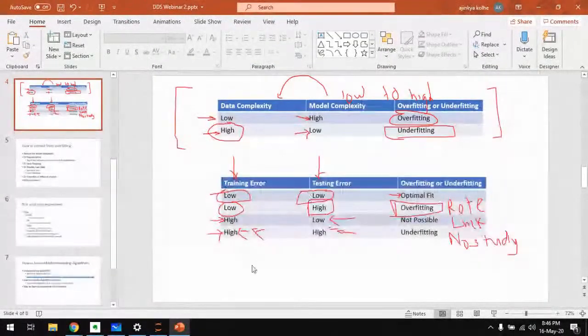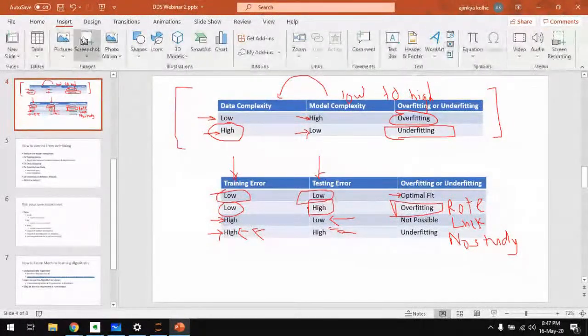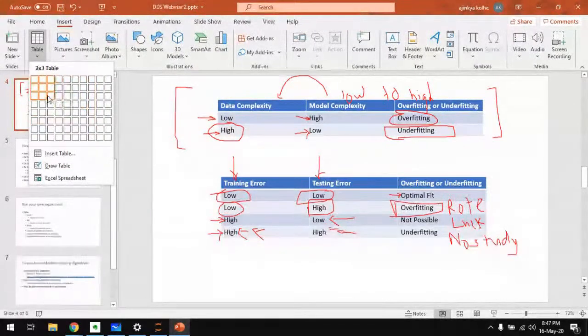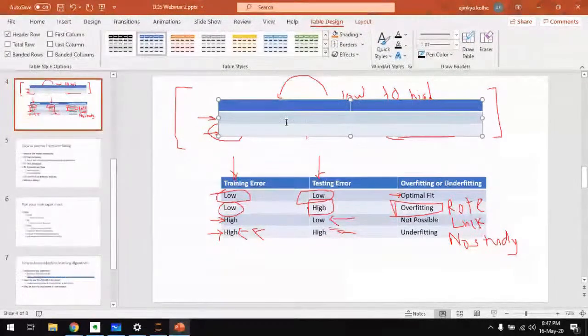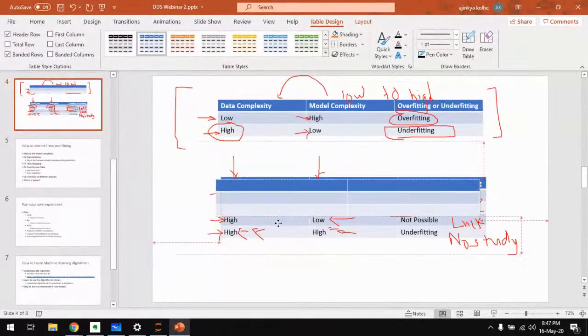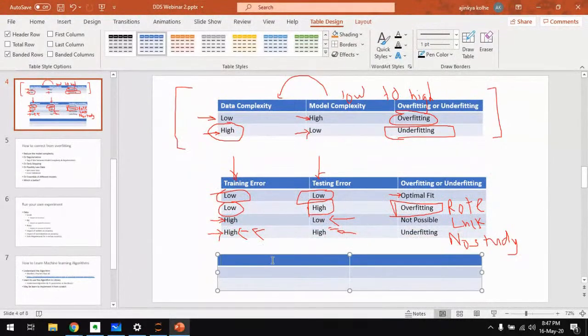Let me insert another table here so that you can understand that. So data, let's say training error, and model complexity. So generally, as model complexity goes higher,